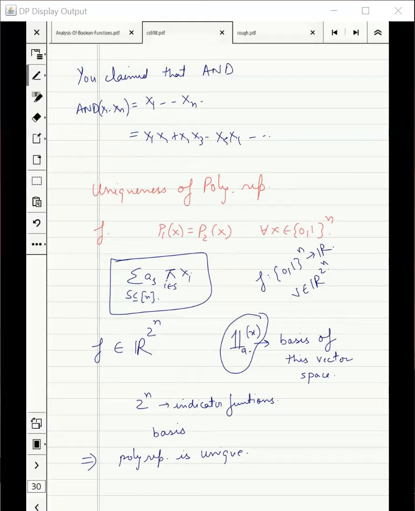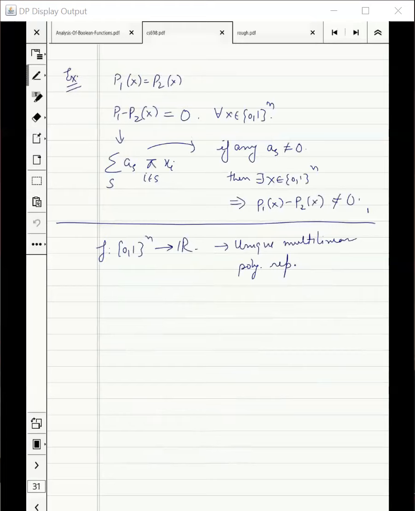Okay, sounds good. So this was a warm-up, actually. What we want to do is carry out a similar argument when the domain is {-1,1} instead of {0,1}. And that will be the Fourier representation of the functions. The task is clear. We found a unique polynomial representation for f when f was from {0,1} to the power n to R. We want to do it for {-1,1}.